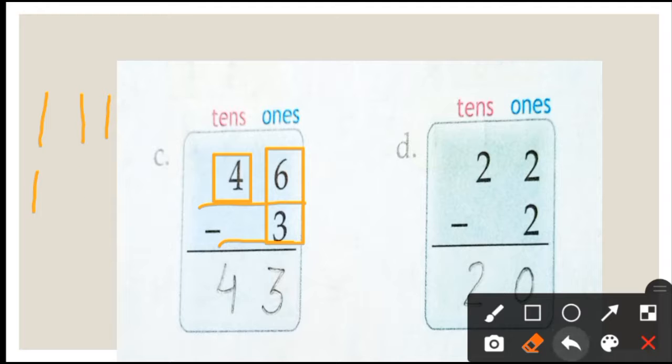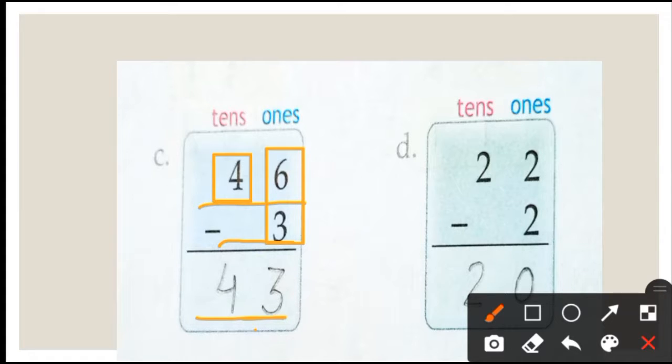Here once again we have a single digit in tens, so we will write 4 same to same, because we are not having any other number for subtraction, so in the tens part we will write 4 same to same. So students, our answer is, now I am reading ones and tens together, 46 minus 3, answer 43.